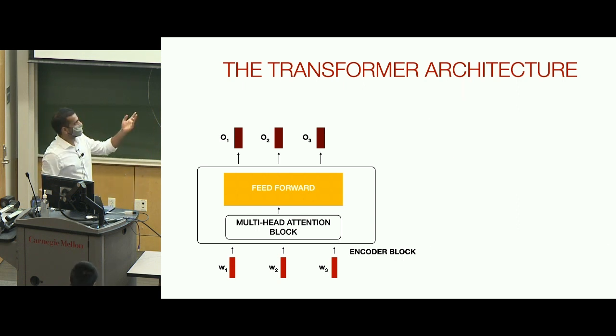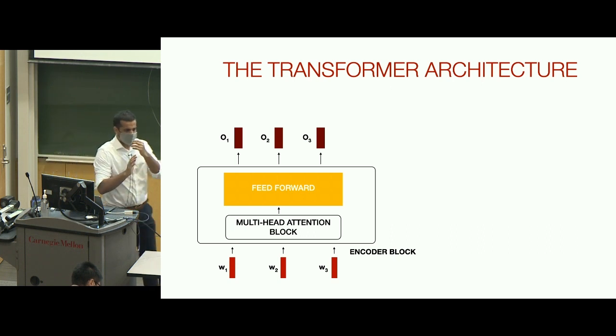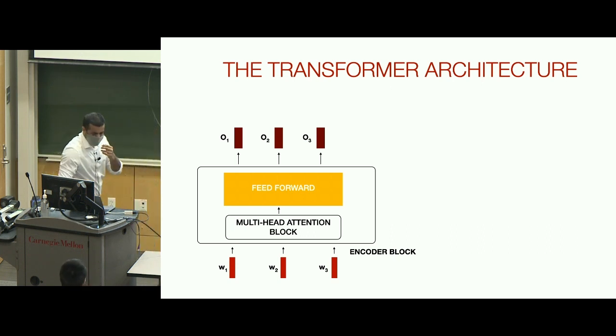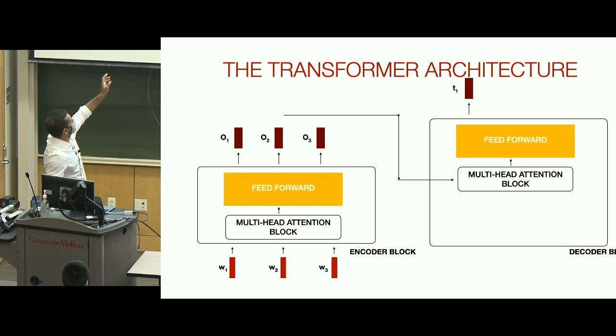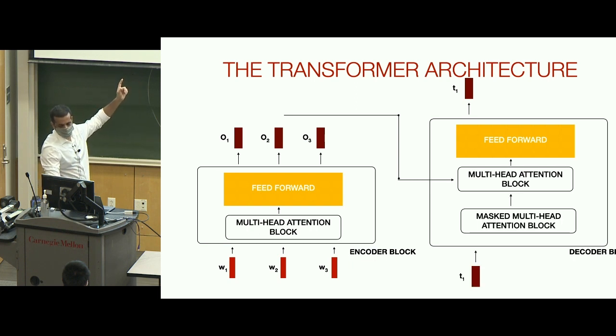And then let's see how this solves the machine translation problem, because that was what the architecture was made for initially. The transformer also has an encoder-decoder architecture where the output that is generated by the encoder is fed into the decoder block to generate the translation. And that's kind of it, except there's one more component called the